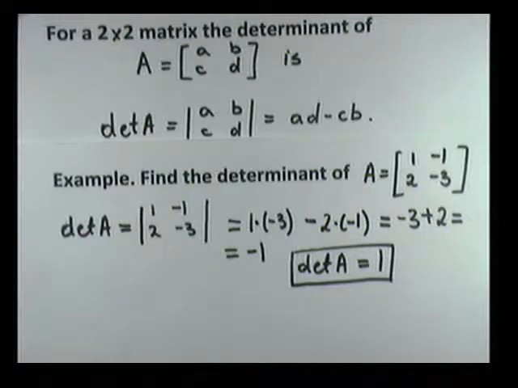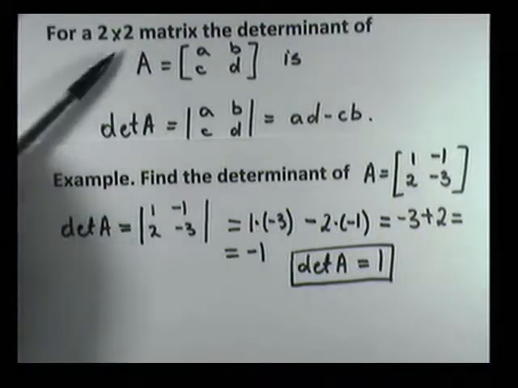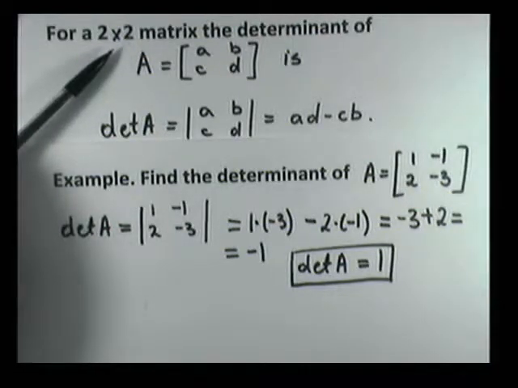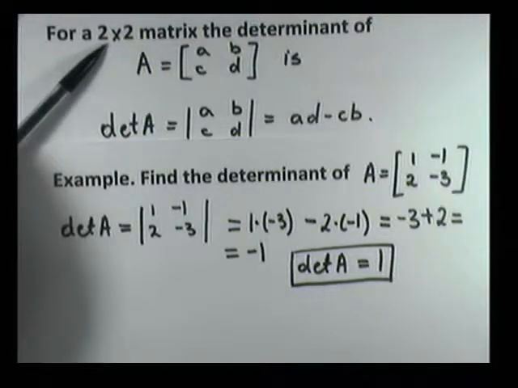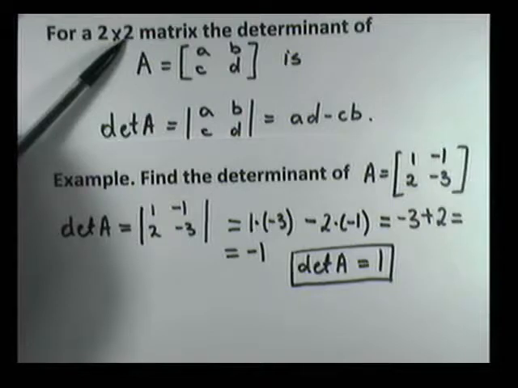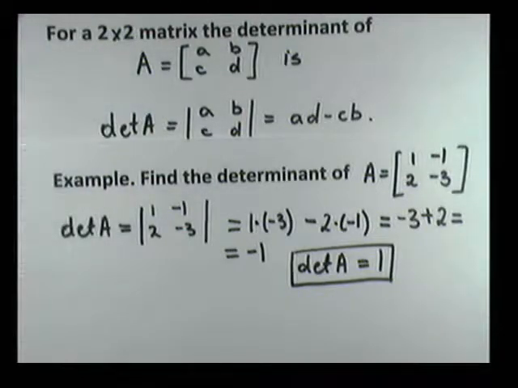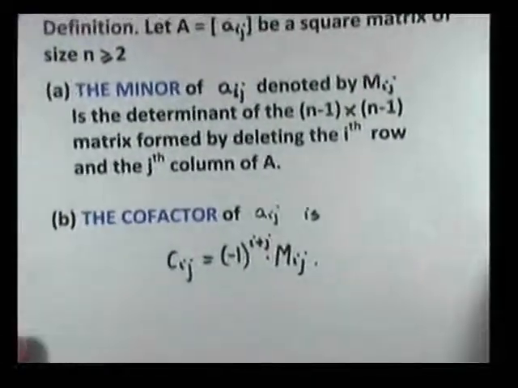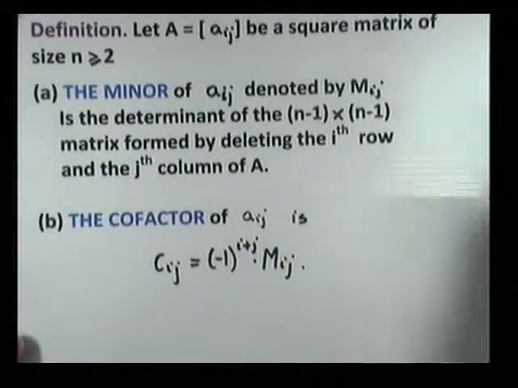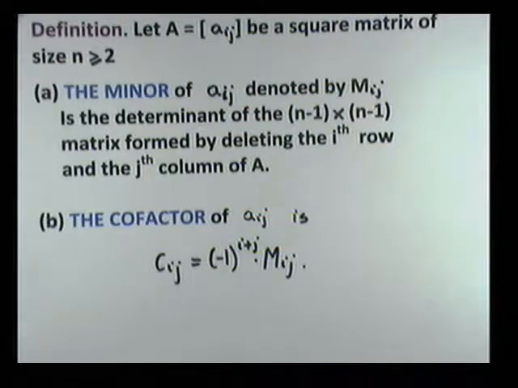If we would like to find the determinant of a matrix of higher order, that means a matrix not only 2 by 2, but 3 by 3, 4 by 4, and so on. We can only talk about the determinant for a square matrix: 2 by 2, 3 by 3, 4 by 4. If the number of rows is not equal to the number of columns, we cannot talk about the determinant. So if we would like to find the determinant of a higher order matrix, we need to first define a couple of things. So I have a definition. Let A be equal to